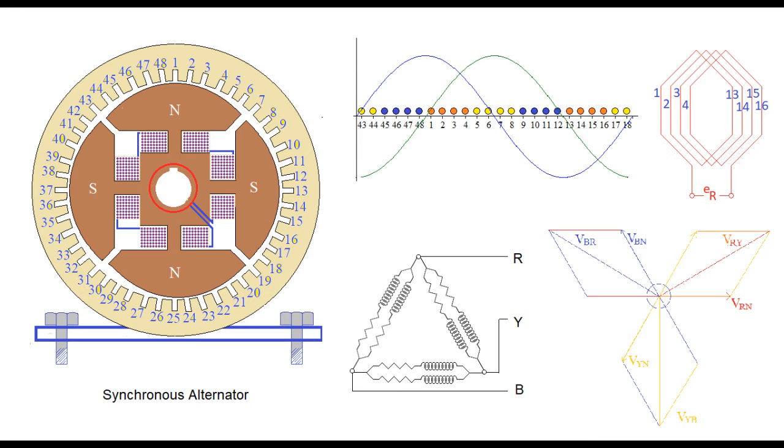As explained before, the induced EMF in each conductor may be represented by an independent phasor. The way in which these conductors are connected to form a phase decides how much the voltage across the phase terminals would be. Further, each phase winding is also displaced from the others by 120 degrees. Phase voltages are also displaced by 120 degrees. Finally, this process of applying excitation and rotating the rotor produces a three-phase balanced voltage across the terminals of each phase.